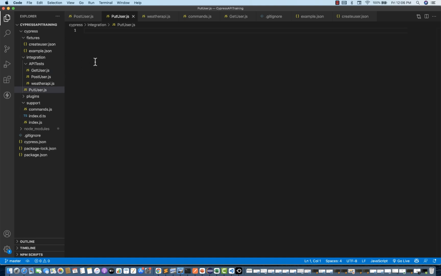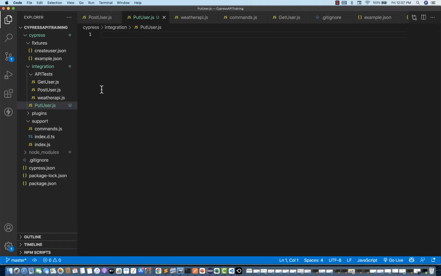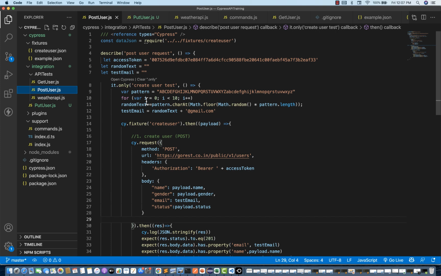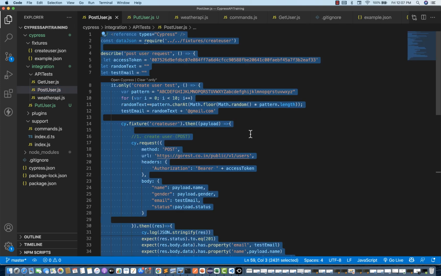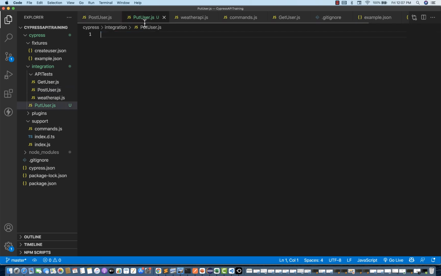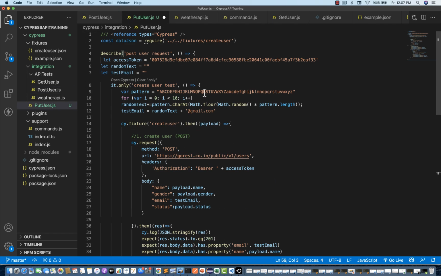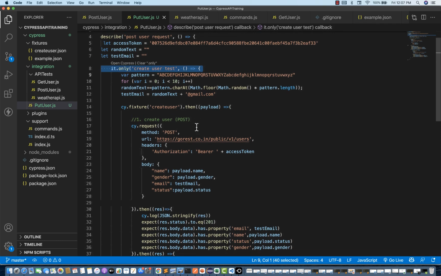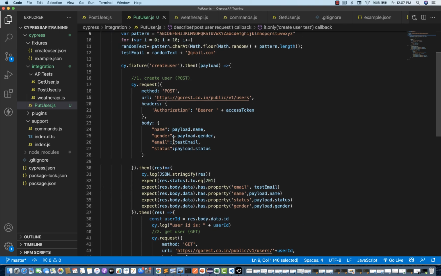And first, exactly, I'm going to use a post to create a user. So let's see, I'll do one thing. Let me just copy this entire thing, and then we will try to update this. Update user, and now just paste it. So this is my post that's already written. As I told you, first we have to create the user, and I'm creating the user over here, and then the body I'm passing.